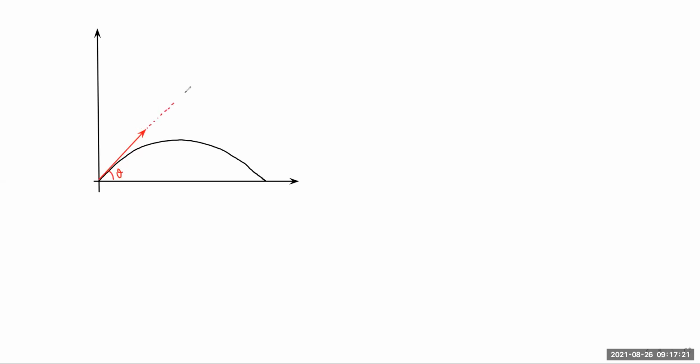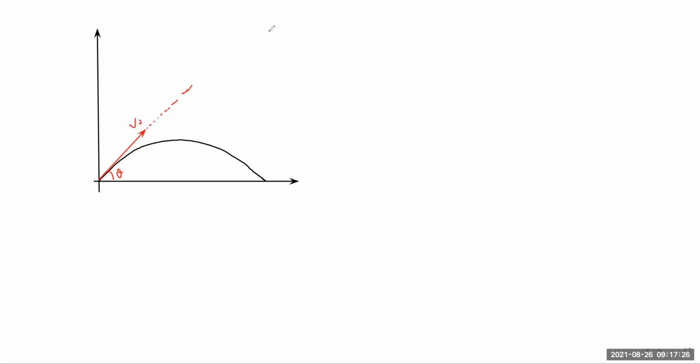Okay. Let's do some interesting question by the concept of coordinate system. Imagine you throw a projectile. In the beginning, you're throwing at an angle theta. So the question is, after what time will the final velocity vector be, let's say this is v0,